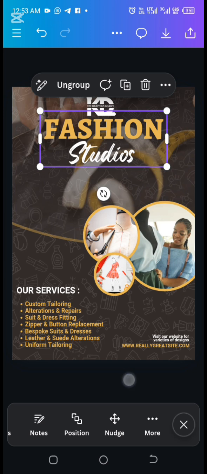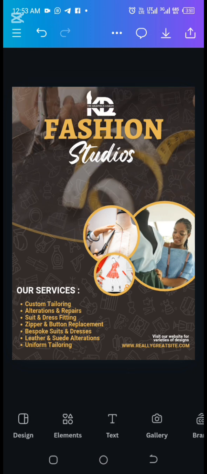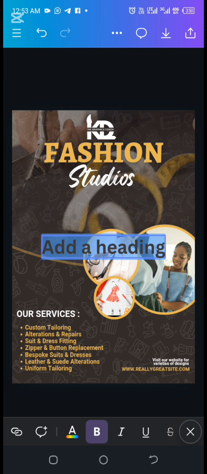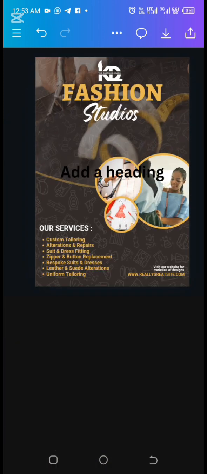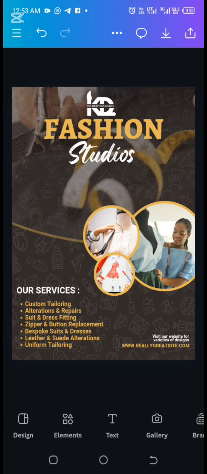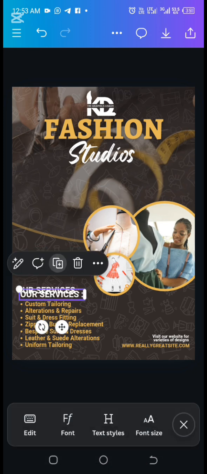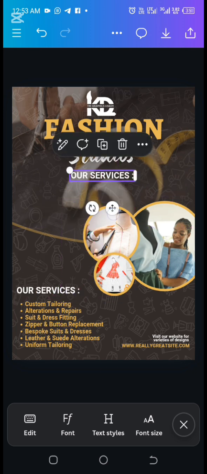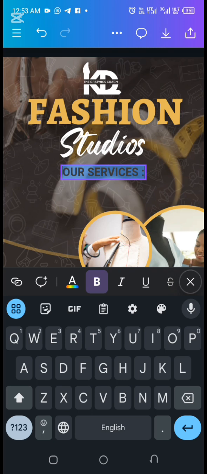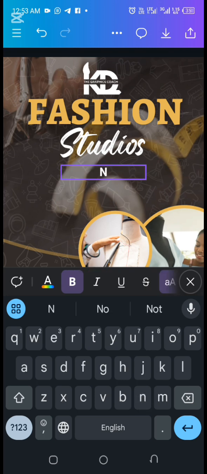So this is it. Now I want to add an address and a phone number. So instead of going to click text, bring in new text, I could just duplicate this service that is here. It's white, so I can just click on it, duplicate it, bring it up here, click edit, and just write what I want to put there. So I want to put an address, number